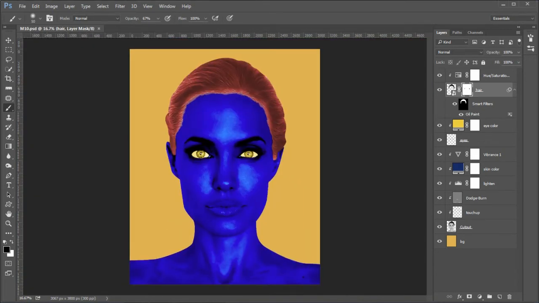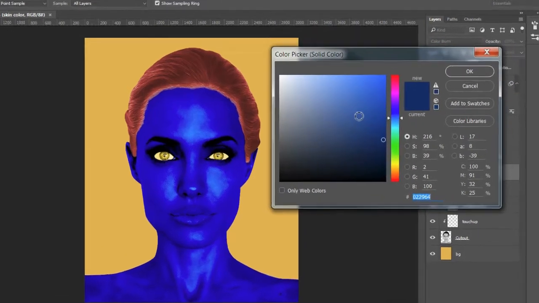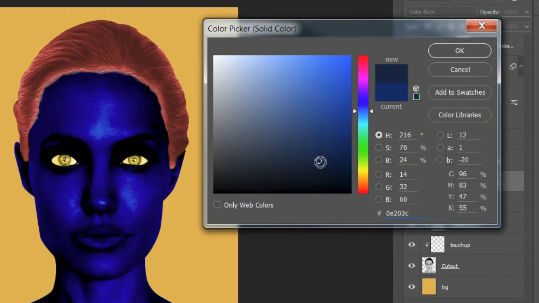Now we'll adjust her skin some. Your image may need a different shade of blue as its darks and lights may differ. To test various blue colors, double-click the skin color layer. Notice how I test different colors and tones and immediately see the results. I decided on color number